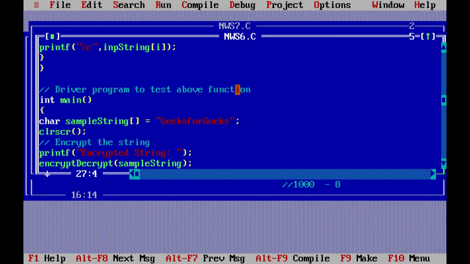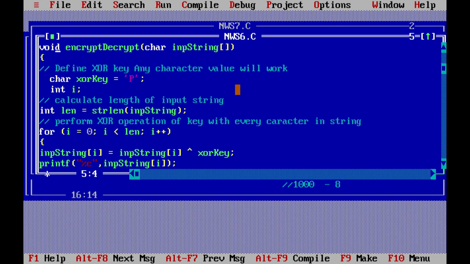From here it goes to the encrypt decrypt function with the new variable inp string. The XOR key P is assigned, the length is found, and it calculates one by one character using this caret symbol.